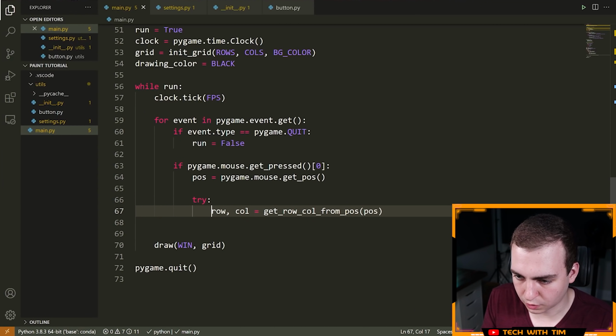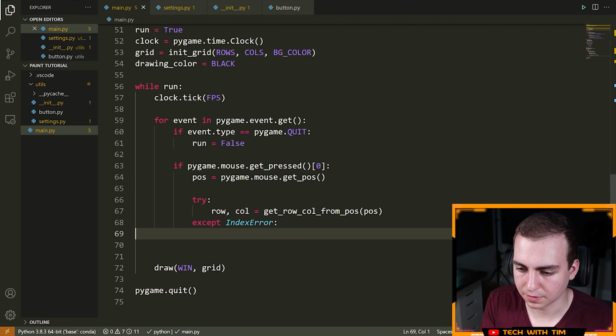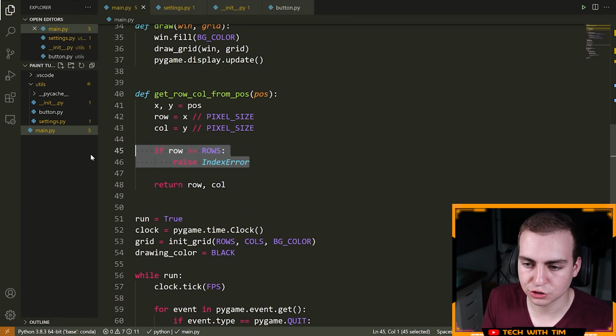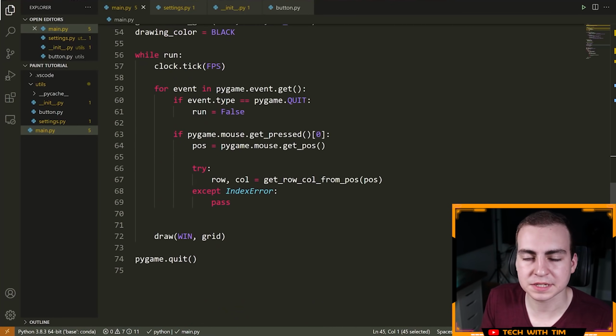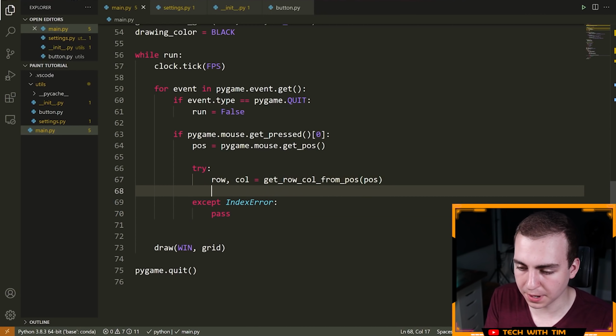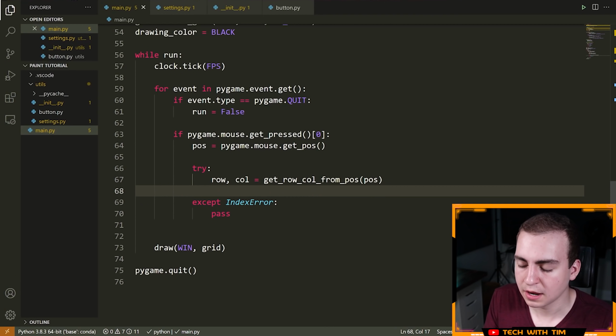So we're going to say try, and except IndexError, and then here we will do something else. The point of this is that we may potentially raise an error if we pressed somewhere that was not in the grid, and so we need to catch that error. That's what we're doing here. But if this works fine and we don't raise an error, then what we will do is change the pixel color.